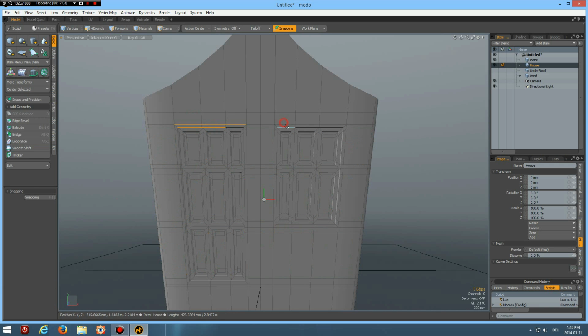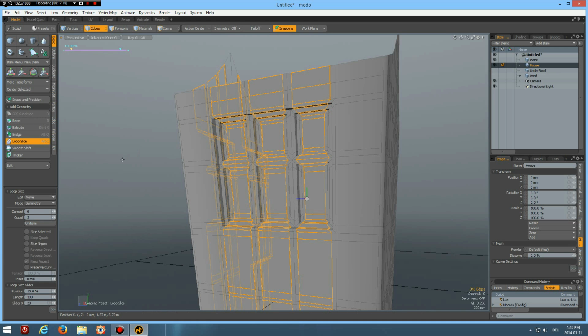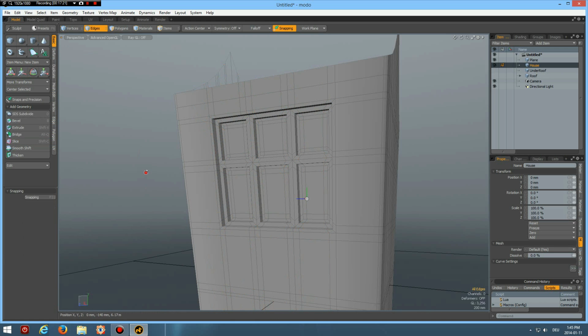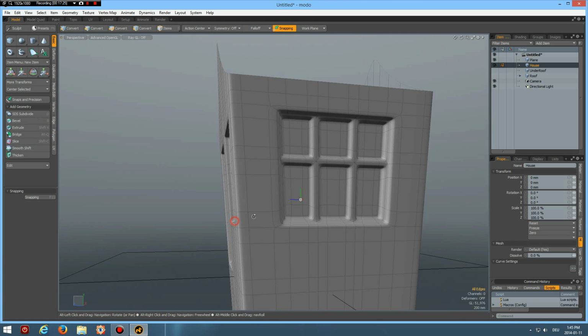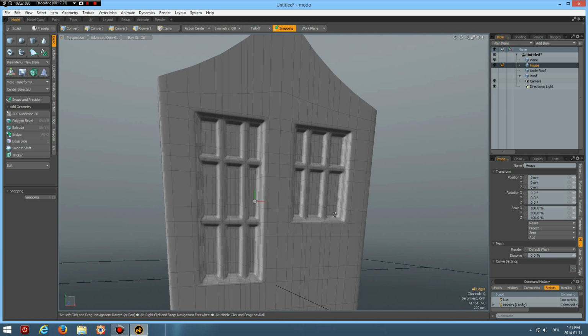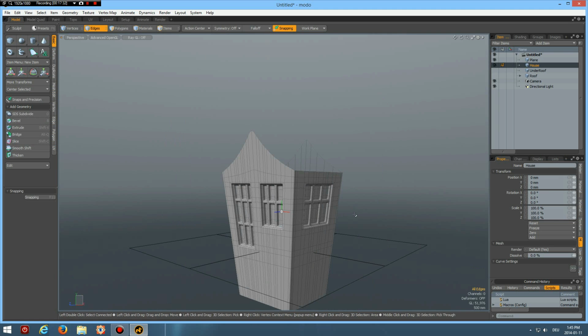Then select something in here and here. Alt C, and make this 15%, like so. Yes, and how does it look? That looks nice. Okay,